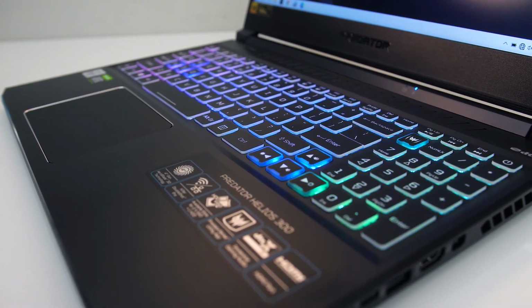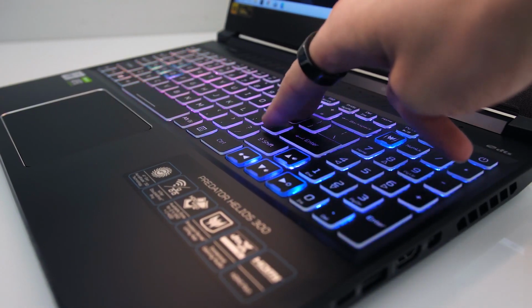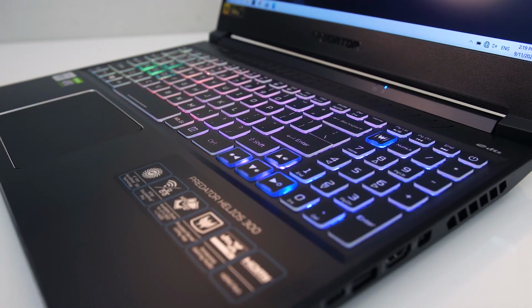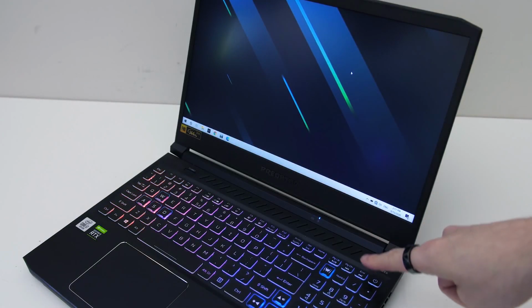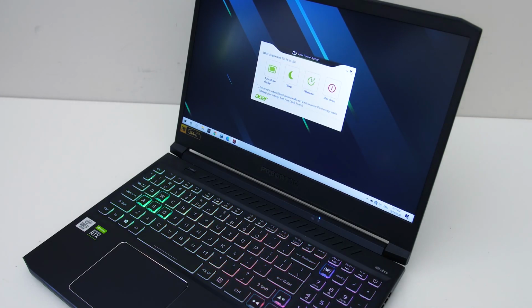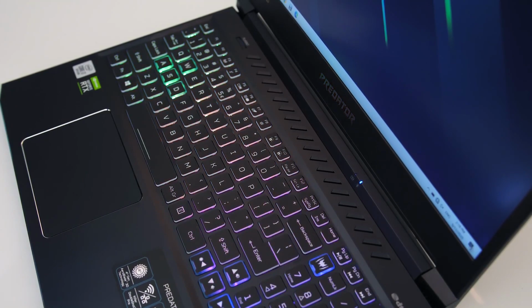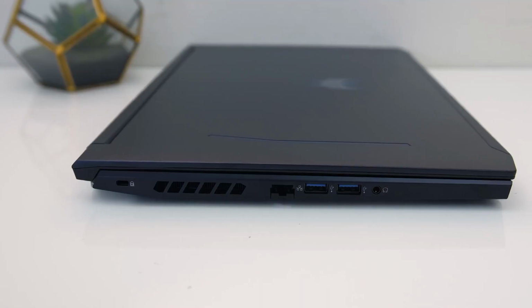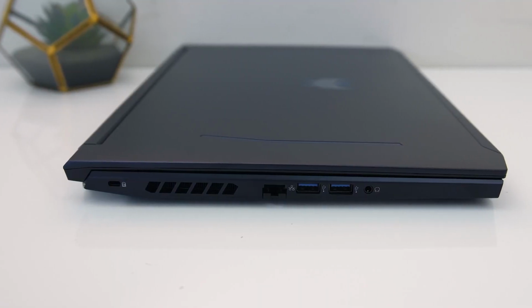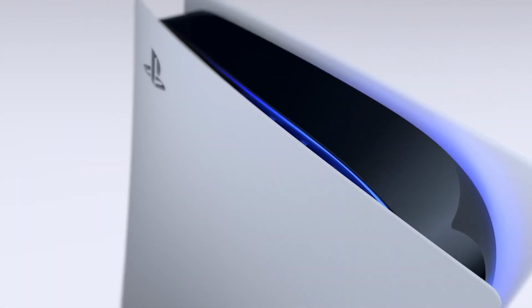actually is. Compare that to the Acer Helios 300, which has an NVIDIA GeForce GTX 1660 Ti. Now that GPU is decent, but it definitely won't do 4K and certainly not at 120 FPS. But I think considering the screen doesn't support 4K, it only makes sense that Acer compromises on the GPU a little. Now looking at each gaming device's storage, the PS5 has an 825GB SSD card, of which 100GB is used